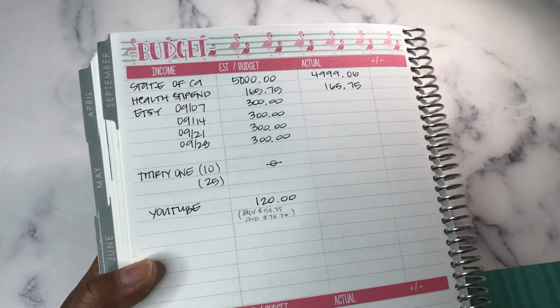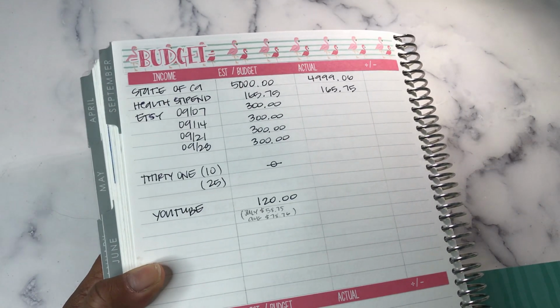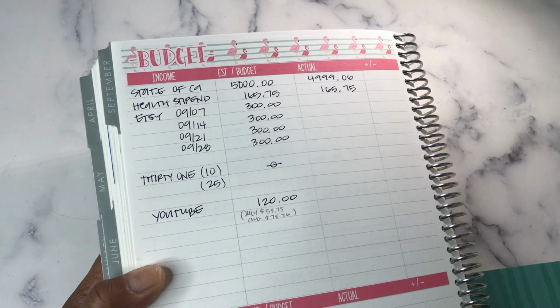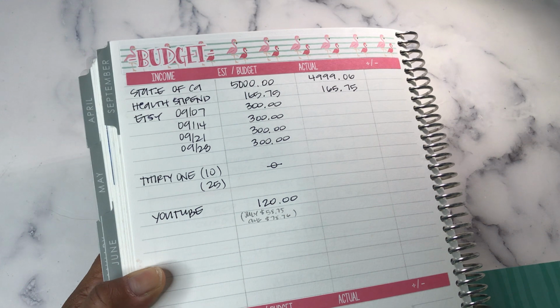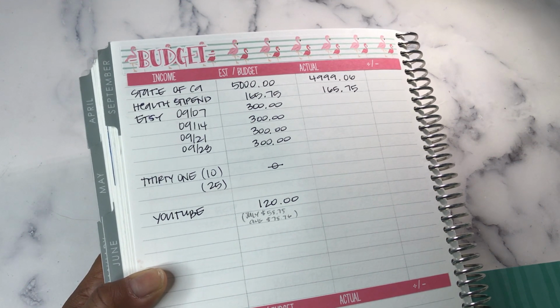And then I had put down $300 a week for Etsy based on my $2,000 goal, because you have to keep in mind shipping and fees that Etsy takes out. If I sell $2,000, I'm not getting $2,000. They're going to take about a third of it. So if I do 2,500,